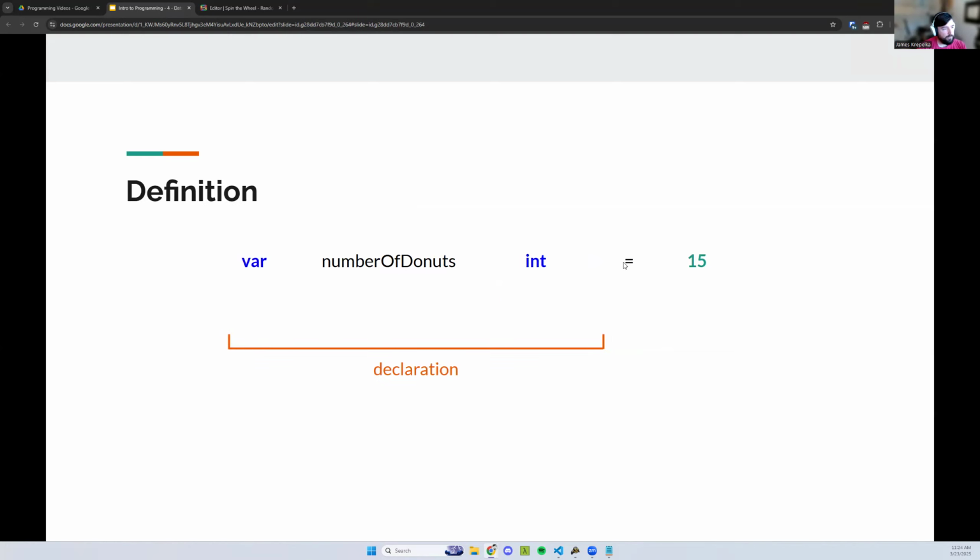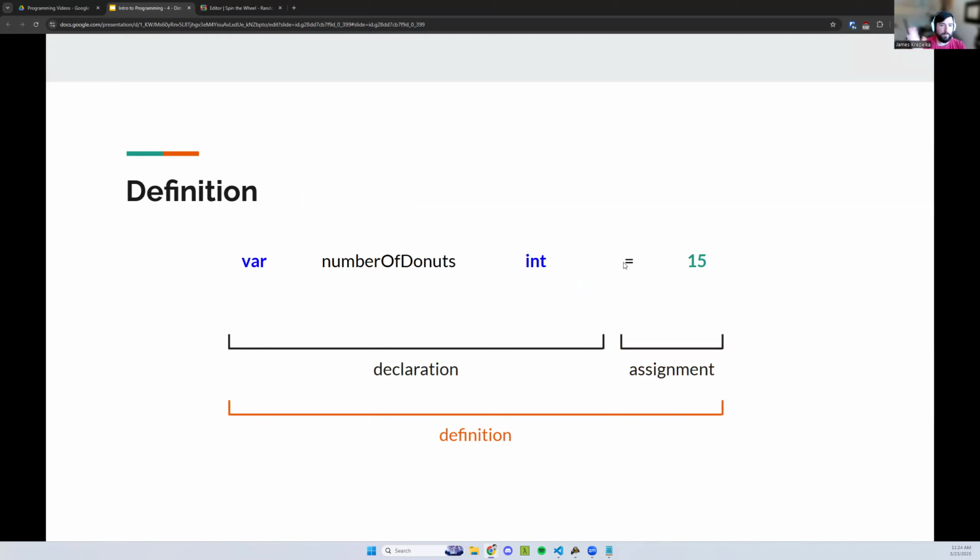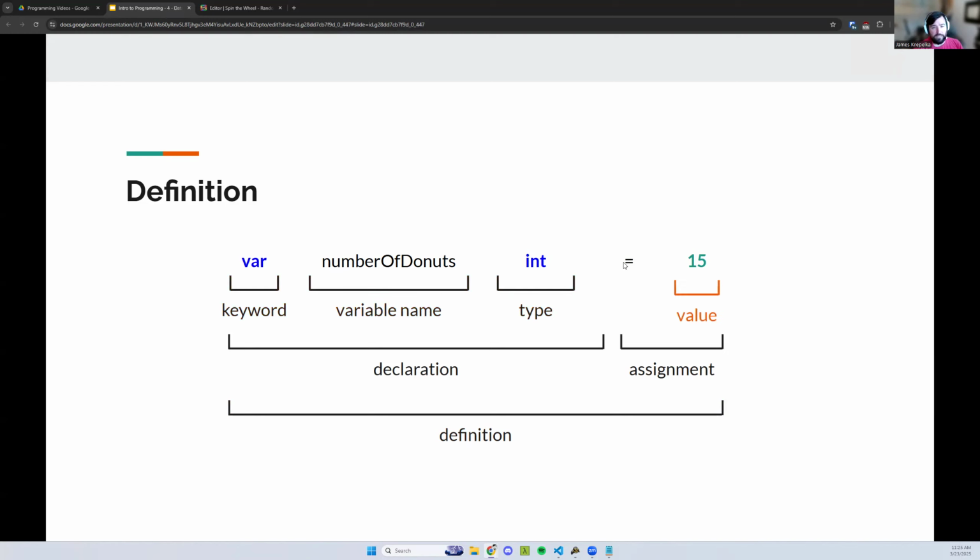And putting this all together, we have declaration and an assignment, we get something called a definition, right? That's just the big boy. The big boy is the definition where we're declaring and assigning. Our declaration still has a keyword, variable name, and a type when we are creating it for the first time. And our assignment still has a value. And then we got that equal sign in the middle to make sure that the 15 is going into the number of donuts. Maybe our 3.4 is going into our miles to run,